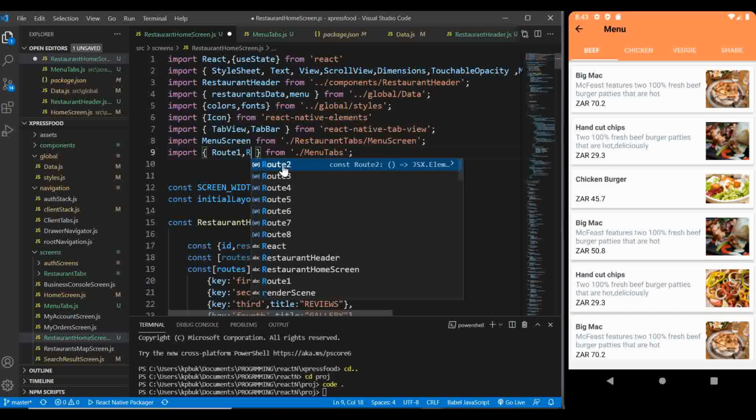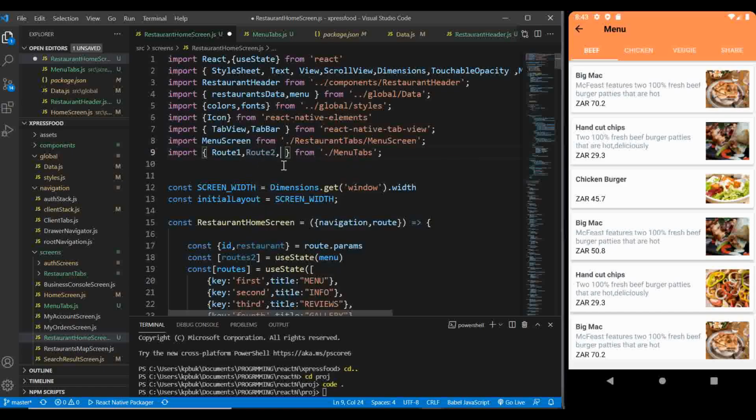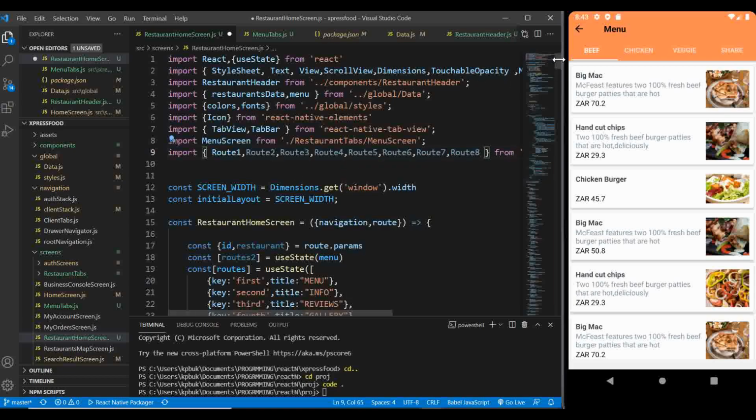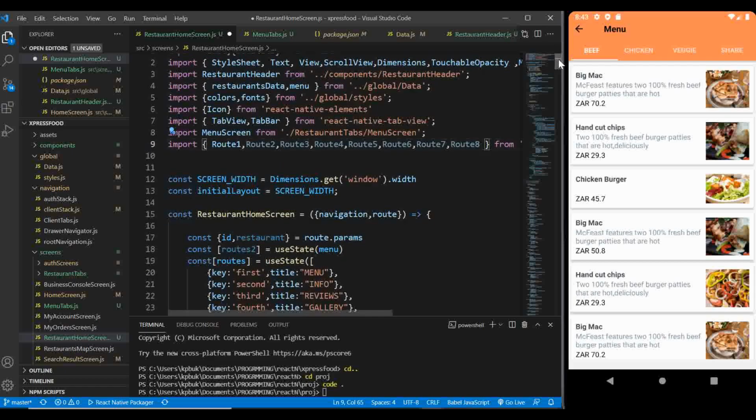You can also import the rest of the route. You can import route 2, route 3, route 4, route 5, 6, 7, 8. Awesome. Now that you have imported this,